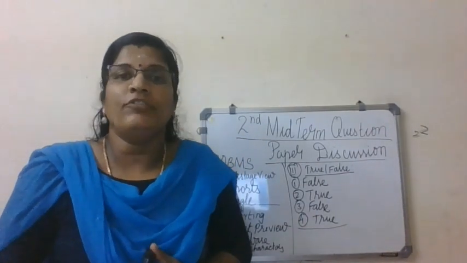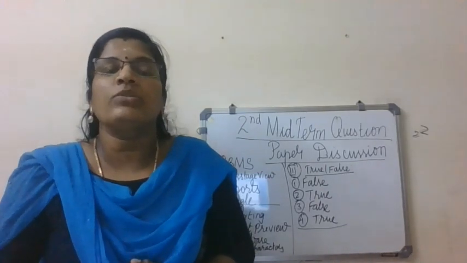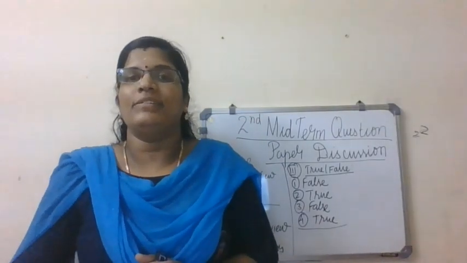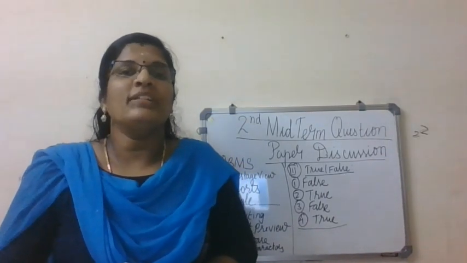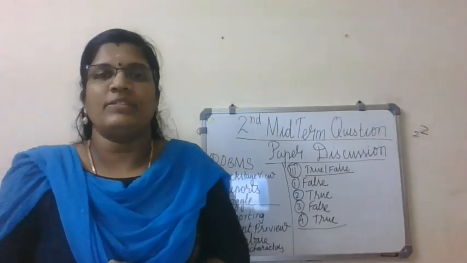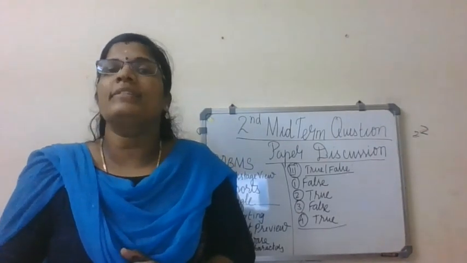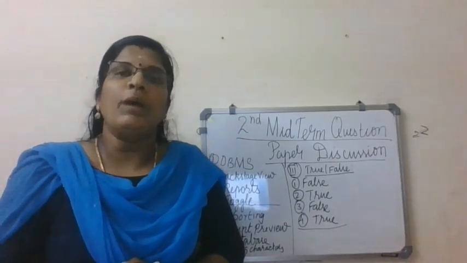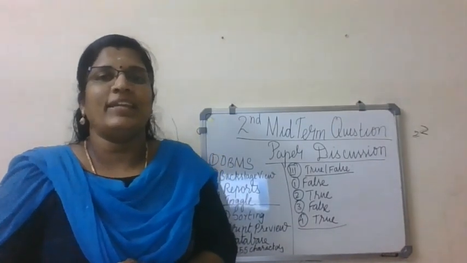Now let's see the answer the following questions. Write any two advantages and disadvantages of a database. I asked for two advantages and two disadvantages. You are studying standard 8, not 5th standard. Many students have given only the main headings of advantages and disadvantages. No, you have to write in detail about each heading. At least 1 or 2 lines is enough. Those who gave details got 2 marks. Others got 1.5 marks. So next time, do not make this mistake.